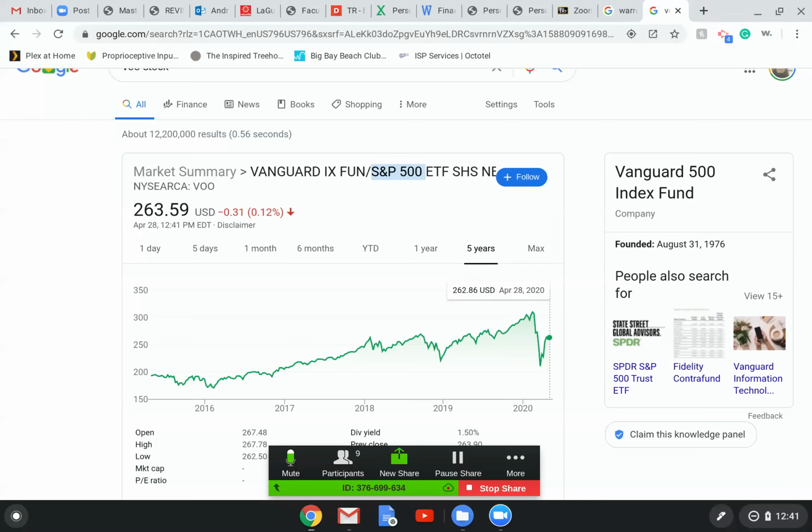As long as you're not, and I don't want to get too technical here, but as long as you're not shorting stocks or trading on margins, there are times when people borrow money to buy stocks. And then if something happens with that trade, you might owe the money that you borrowed. But I'm talking about just straight, if I just put $263.42 into the stock right now and the stock goes down to zero, I'm not going to owe anybody anything. I just would have a massive loss. Does that make sense?